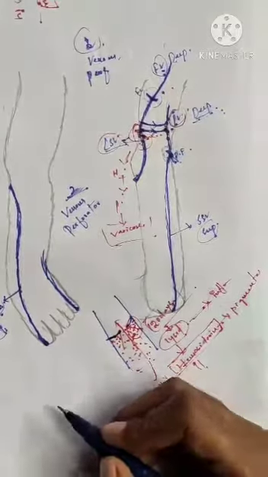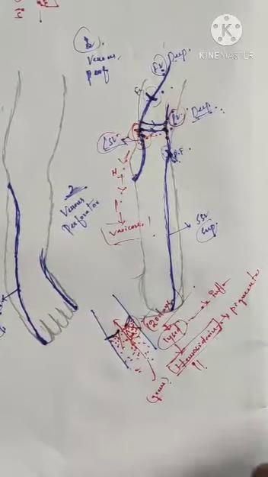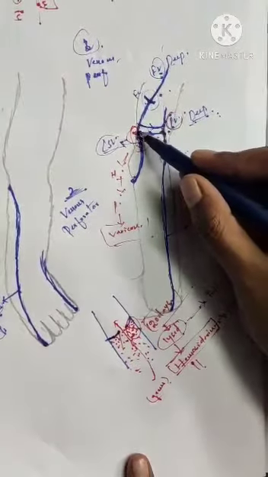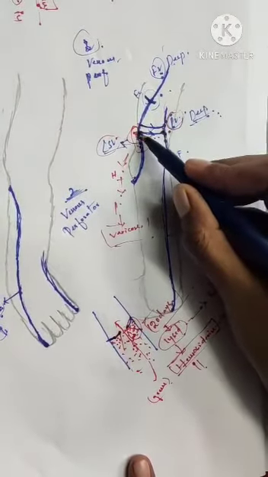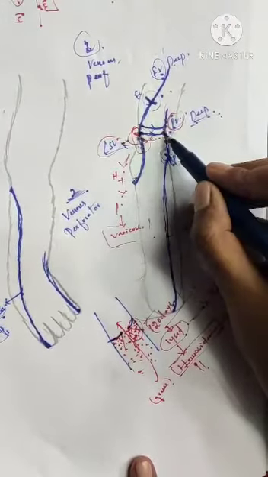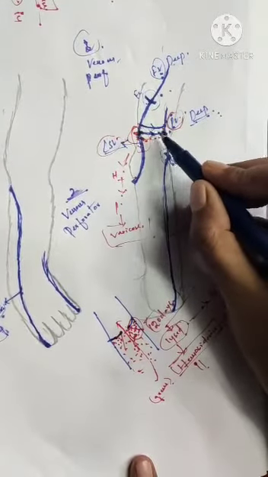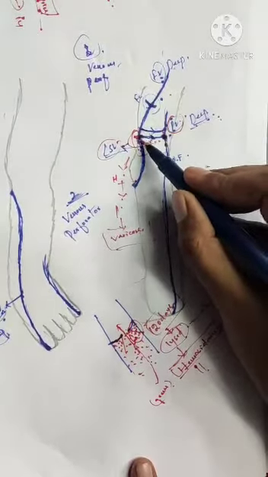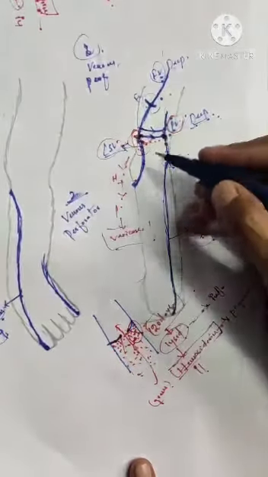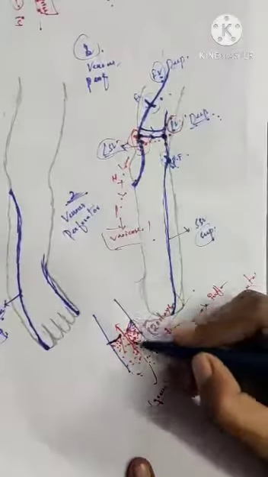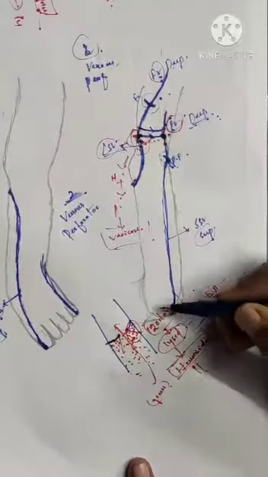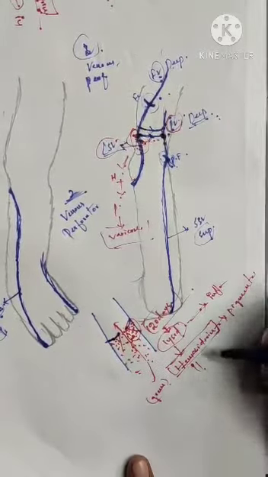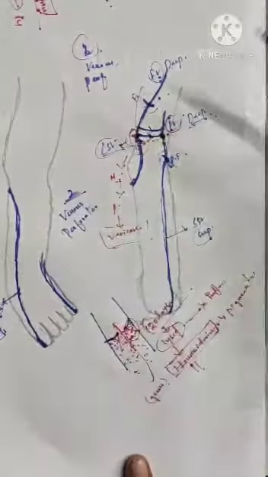Now let us see how perforator incompetence takes place. In perforator incompetence, in the same way when muscle contracts, the perforators have to give the blood from the long saphenous vein to the popliteal vein. Because of perforator incompetence, some amount of blood which enters into the deep vein regurgitates into the long saphenous vein. Hence, the long saphenous vein gets clogged by the RBC, which can't go to the heart, and the same pattern follows by the lysis, and the hemosiderin formation leads to the varicose veins. This is the way by which varicose veins are formed.